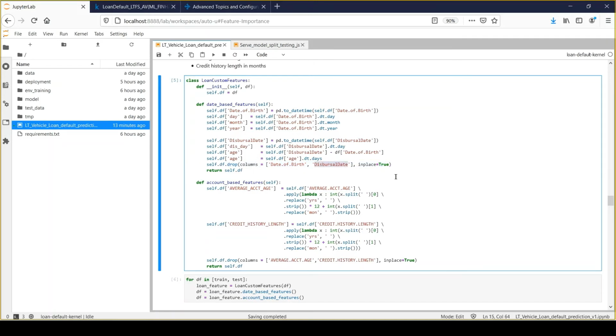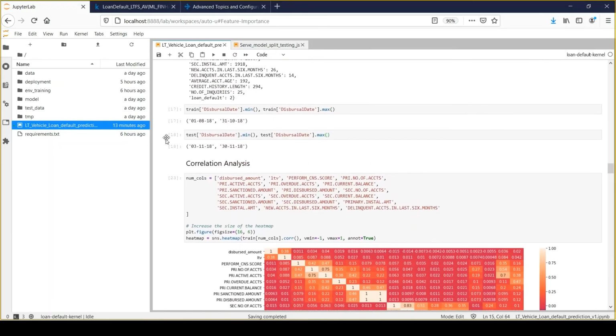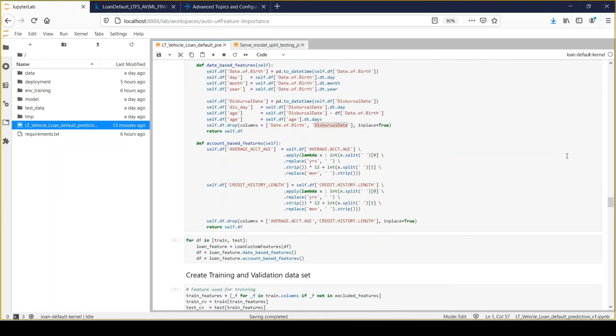Because for disbursement date, we have seen that it varies in both training and test, right? So the distribution is not the same. So we cannot keep that data within my model training activity. Okay, so that's what I have done here as a part of removal.